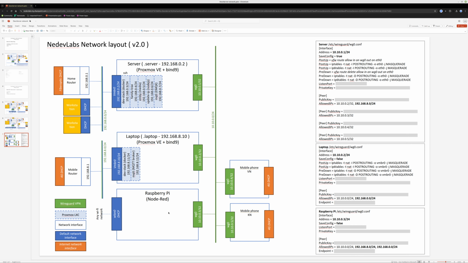But the Raspberry Pi itself can be connected to the home network, to the mobile network, to any other network. So this is the idea. And also I have mobile phones that are connected via 4G or 5G networks straight